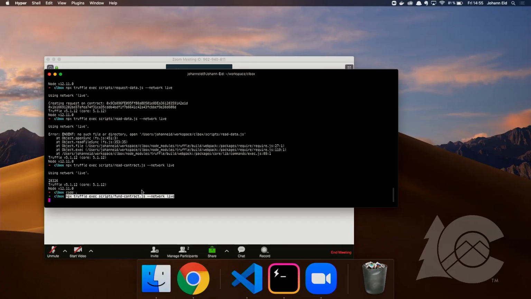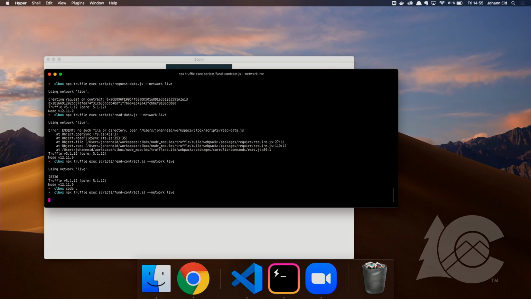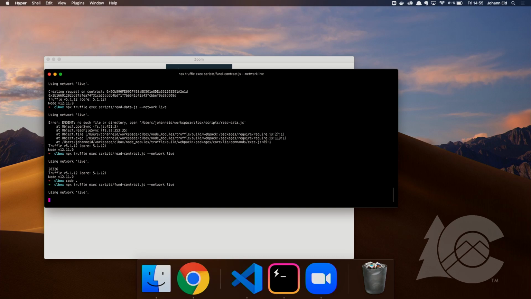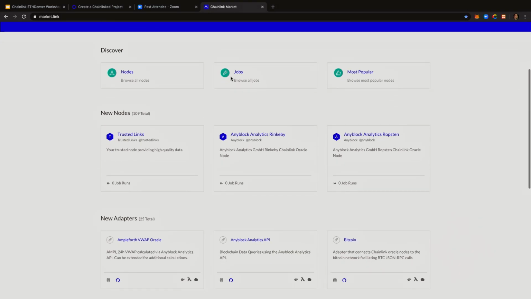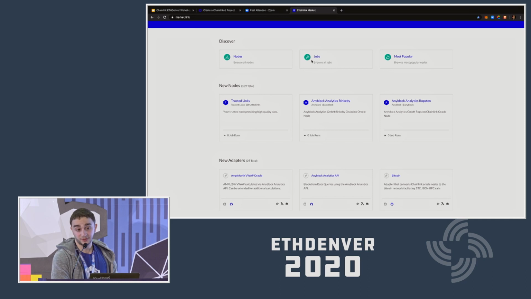What this script does, which I just ran, is fund our contract with some LINK tokens. The way the whole network works is you have node operators which get paid in LINK token, which is the lifeblood of the entire network, right? And if you want to see how to choose a node operator, we actually have a marketplace for people to easily choose which node operator is going to fetch data for my critical smart contract. If you have a smart contract which has many millions of dollars relying on it, then you need to make sure that you have the best node operators out there to fetch you the data you need, right?